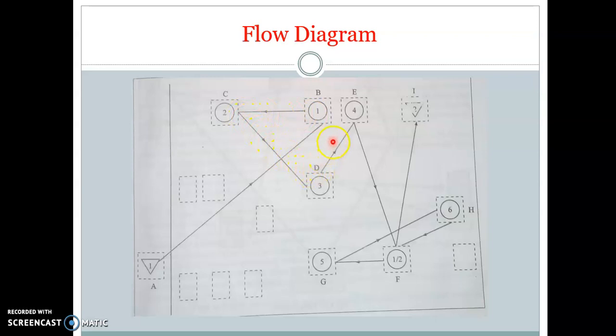Different movements can be marked by using various colors for better visualization and better understanding. Sometimes process chart symbols may be used for having a better understanding of these charts.